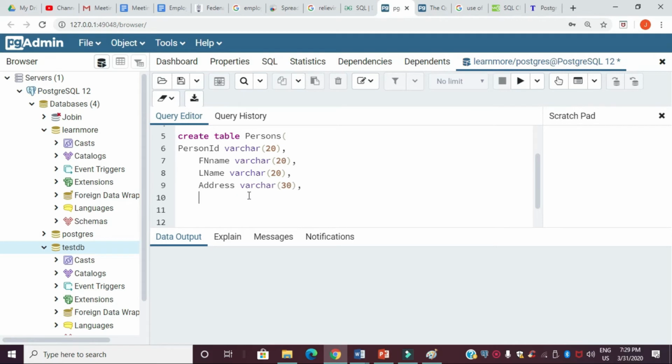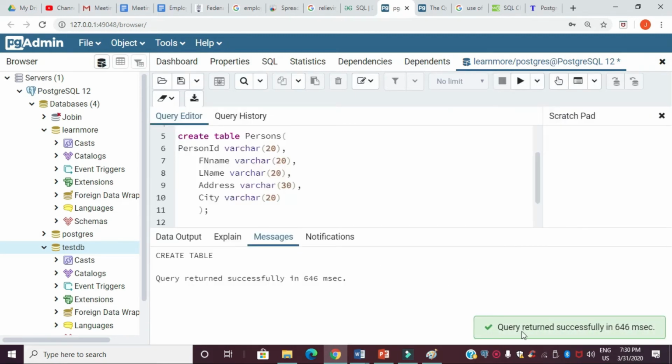Next column name is city, type varchar, size 20, and this is the last column of your table. So now you don't need to put a comma; you have to close the bracket, then put a semicolon. After that you can execute the query.